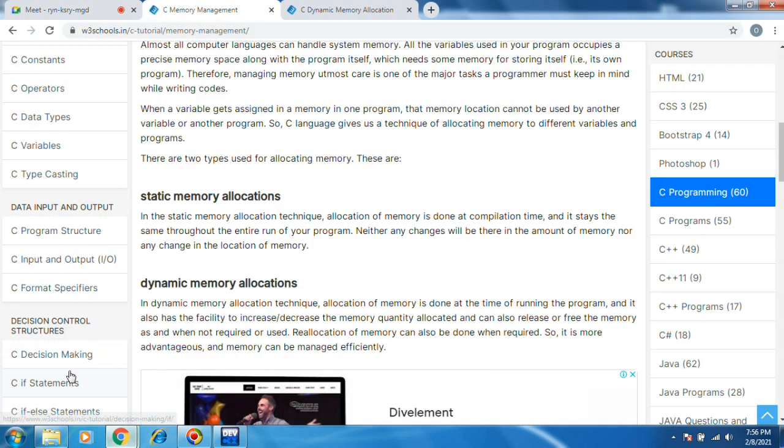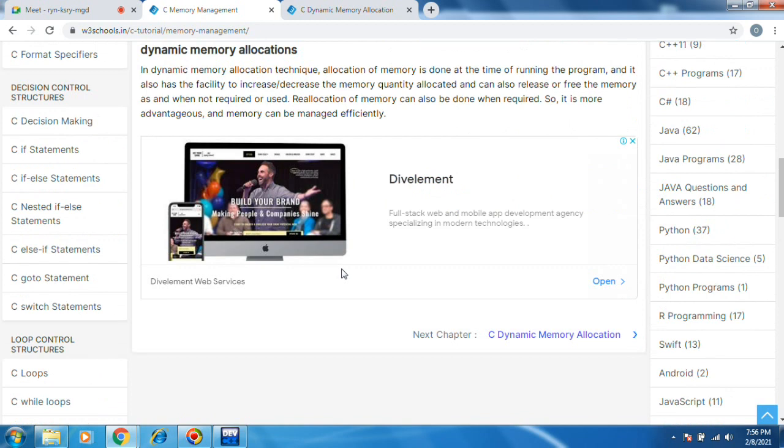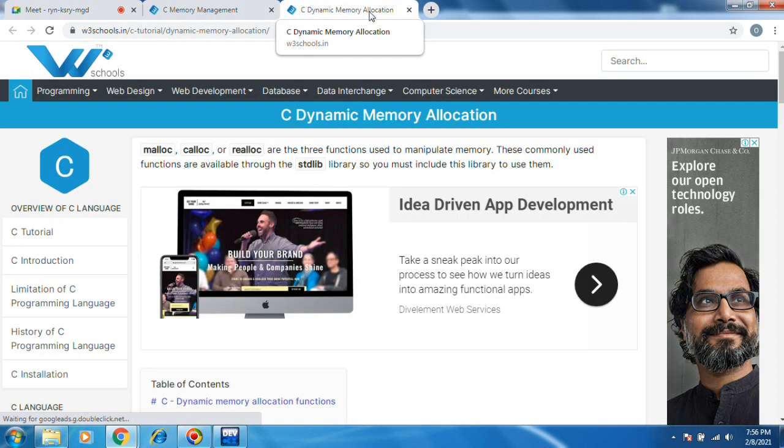There are some functions called malloc and calloc, for memory allocation and memory reallocation. That is called the C dynamic memory allocation concept. Malloc, calloc, and realloc are the three functions used to manipulate memory. We can increase memory.